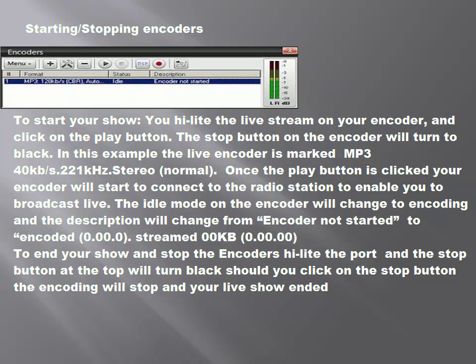Starting and stopping your encoder. To start your show, you highlight the encoder with the live stream on your encoder and click on the play button. The stop button on the encoder will turn to black. In this example, the live encoder is marked 1 MP3. Once the play button is clicked, your encoder will start to connect to the radio station to enable you to broadcast live. The idle mode on the encoder will change to encoding